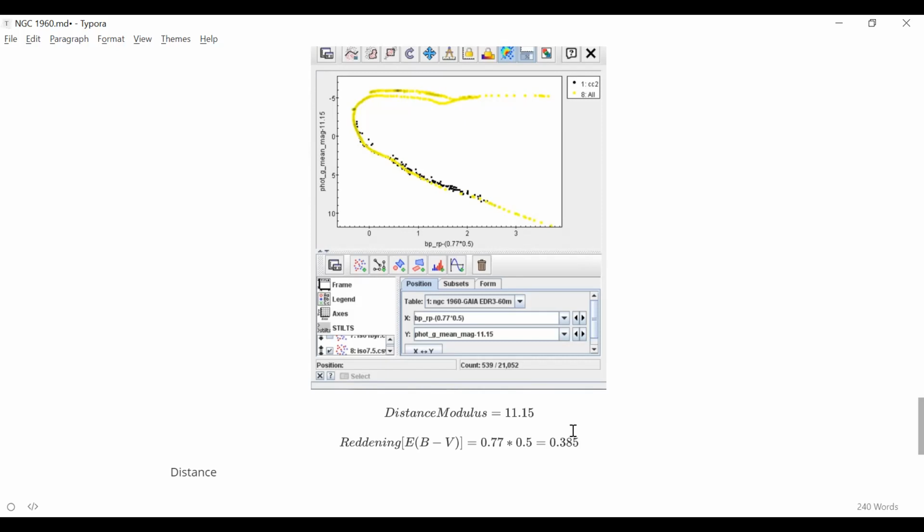The equation is BP minus RP equal to 0.77 into EB minus V, because EB minus V for this is 0.5. So 0.77 is a conversion factor. Yeah, that's right. So 0.5 is the EB minus V, and your reddening which you've written should be EBP minus RP, not EB minus V. Yes, ma'am, I changed it.